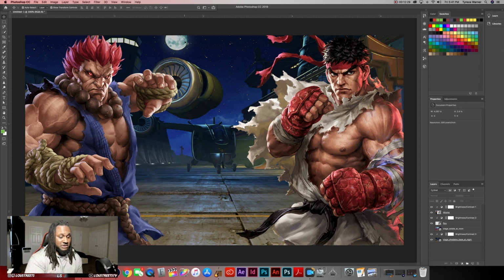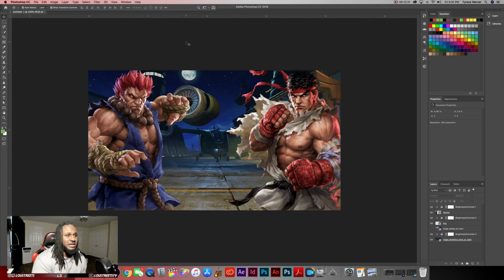Now we got a base foundation right here, so if I zoom this out, and look at the resolution on that. Like when it's zoomed in closer, it makes it a little more grainy, but just look at what we have right now without text. Now tell me that doesn't look awesome, or if you wasn't scrolling and looking to catch some Street Fighter footage that you wouldn't potentially click on this and check it out. Because I think that looks interesting. And this is a game I've never played, so I don't even know the style or the flavor, but look what we have just off using Adobe Photoshop and the internet. So now let's add a few